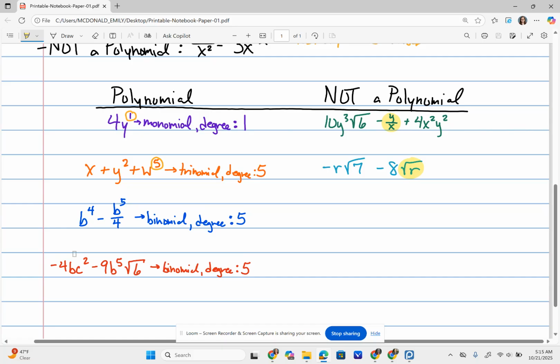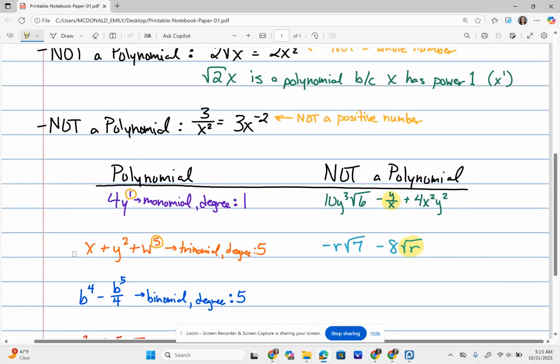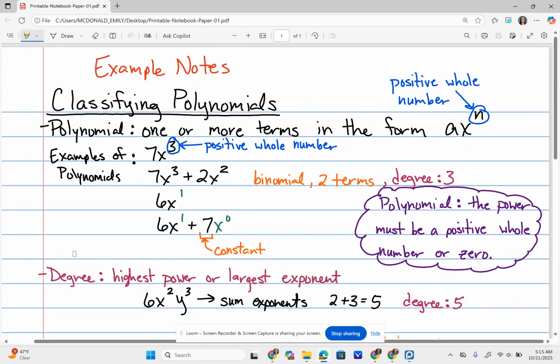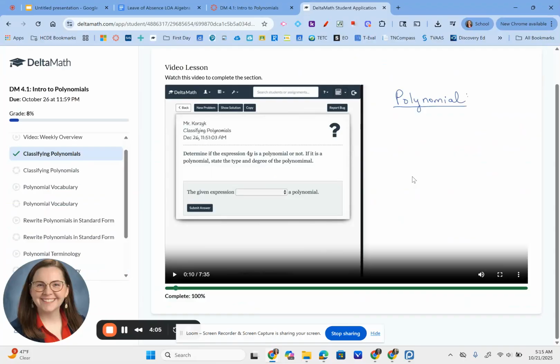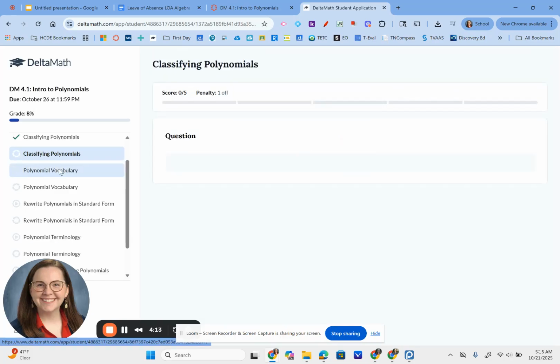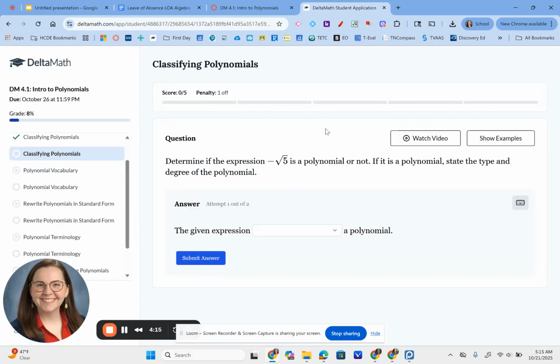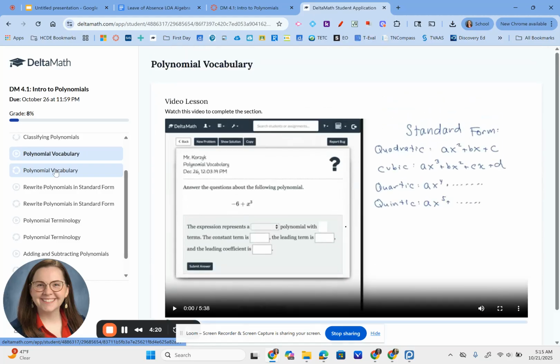You can organize your notes however you like, but you're going to start practicing the skill of note taking instead of just having a guided notes handout. These notes I took are just from that first video. Just be aware, you don't have to write down everything either. Just write down what you think would be important to help you with the check your understanding. So now that I've watched the video and done that, I then go to classifying polynomials, and these are the check your understanding practice problems. Then after I've done that, I move on to the next mini lecture, which is on polynomial vocabulary. Then I do the practice problems and go on from there.